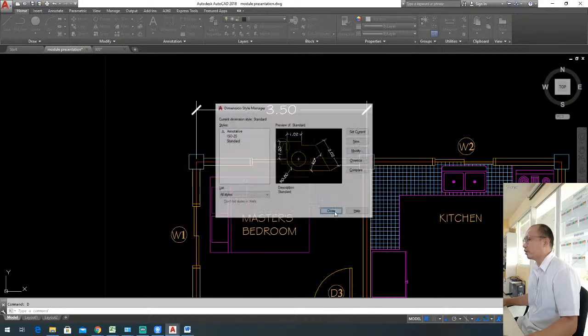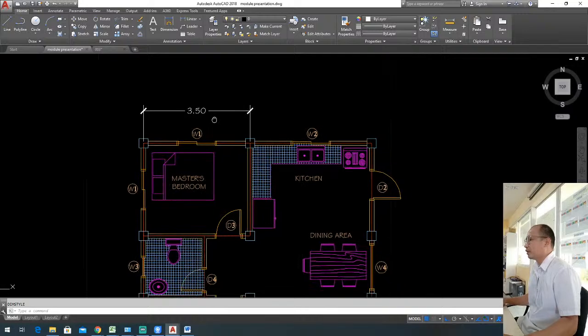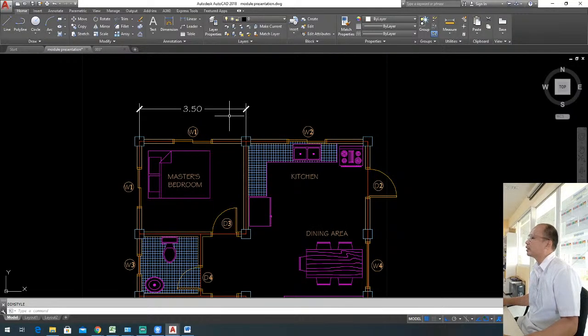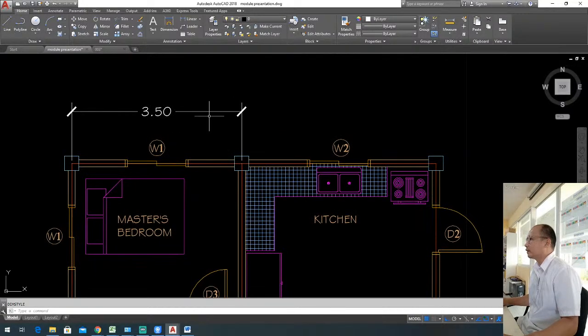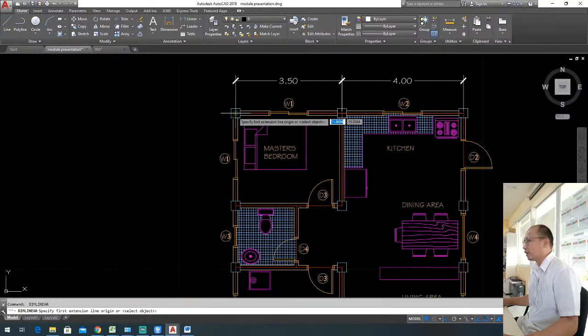Alright, and then I'm going to go on close. So if you're going to observe, your dimension would look like this. Okay. Now I'm going to click on that dimension, and then I'm going to go on dimensioning what